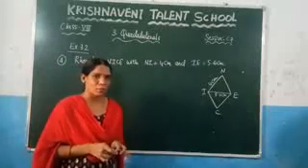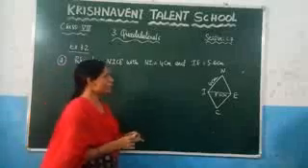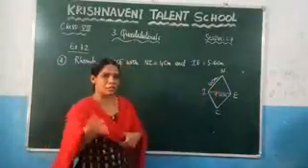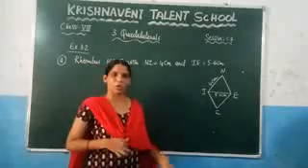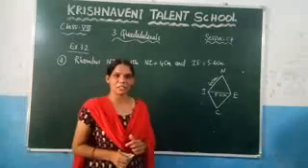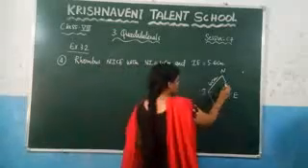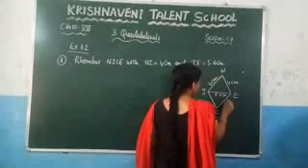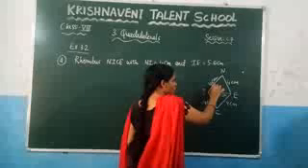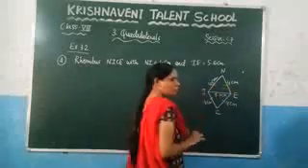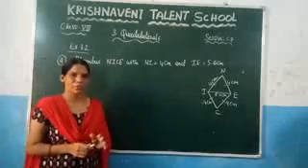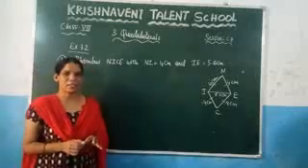You know that in a rhombus all sides are equal. Since we got one side as 4 centimeters, what should the other 3 sides be? They are 4, because in a rhombus all sides are equal. So if this is 4, this must be equal to 4, this should be equal to 4, and this should be equal to 4. Based on the condition of the rhombus, we have found the remaining 3 sides.